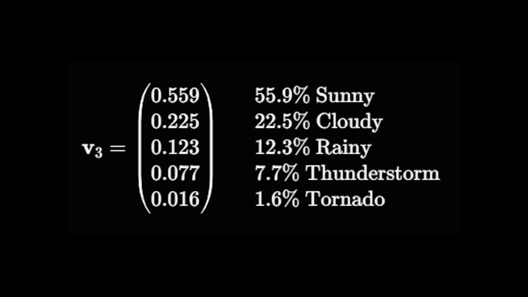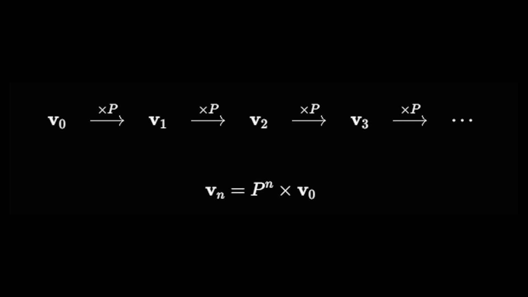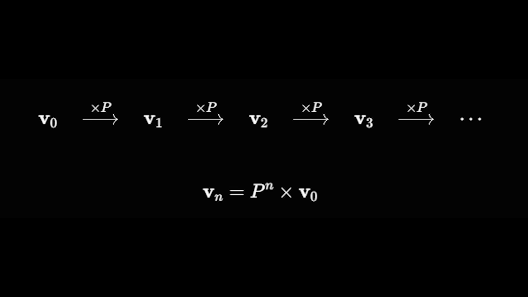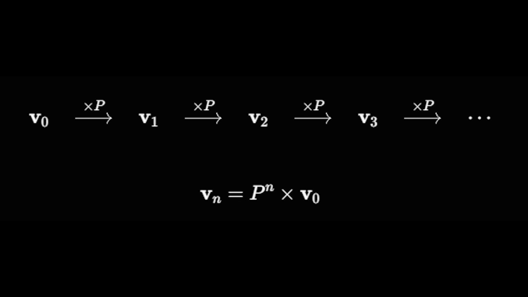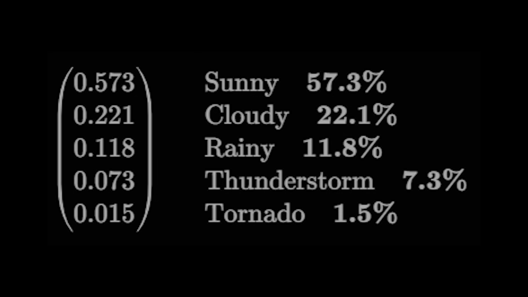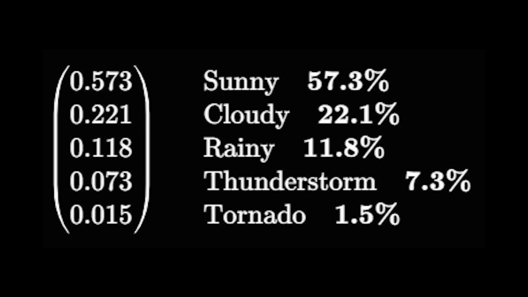Keep doing this, and you get P to the third, P to the fourth, and so on. The beauty in this method is that you never need to remember yesterday's probabilities, and you can just use today's vector and one matrix multiplication to forecast tomorrow. Additionally, if we keep multiplying for several days, the probabilities will begin to stabilize. Then, after many weeks or months, no matter where you started, the weather probabilities will begin to settle into a